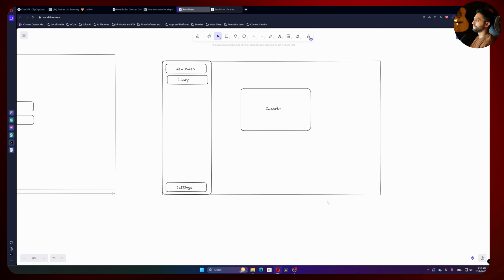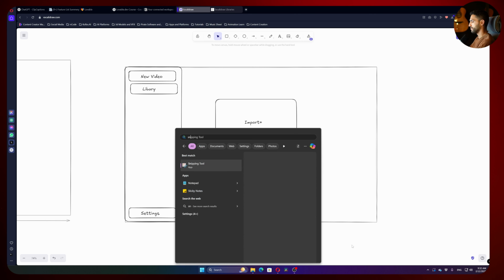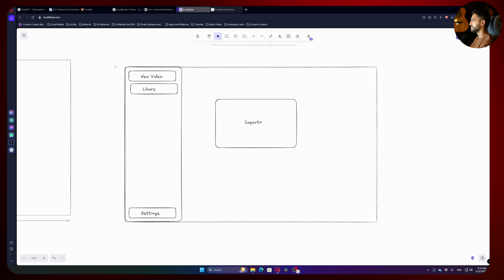Okay, now the cool thing about it is that you can always, by hitting the screen capture button on your keyboard, or you can search something like snipping tool. If I hit the capture button, I can take a picture, send it to ChatGPT and so on, and continue